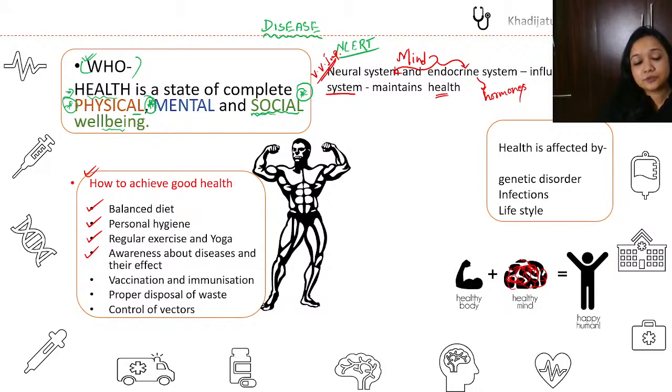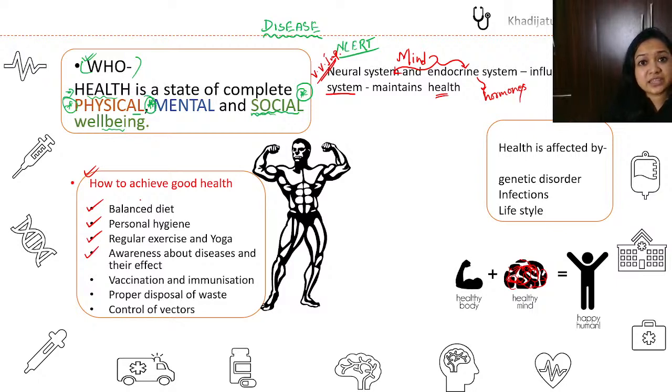So if you secure a seat in a government medical college, you will be asked to serve in a rural area for 7 to 8 months or a year. At that time you should go and organize a lot of awareness camps, because in the rural areas of our nation there are a lot of